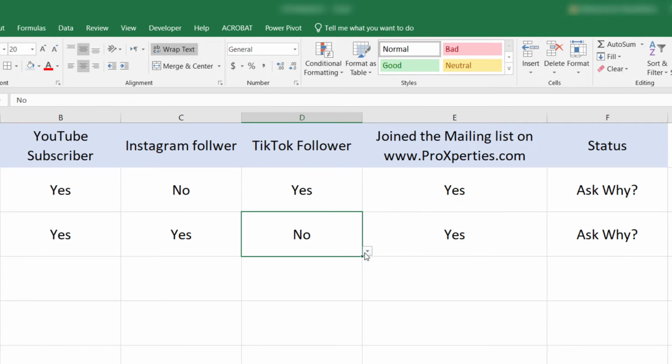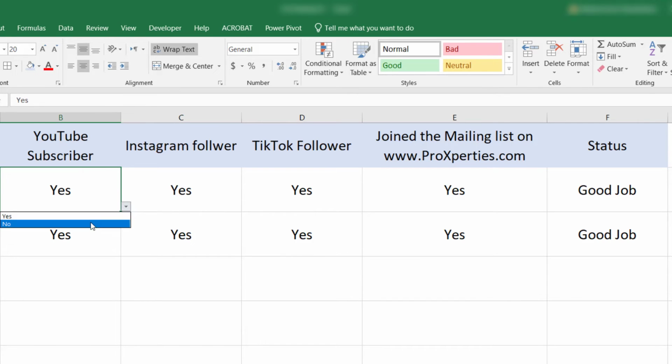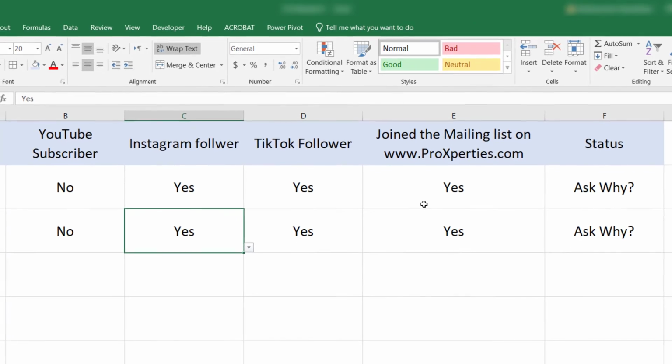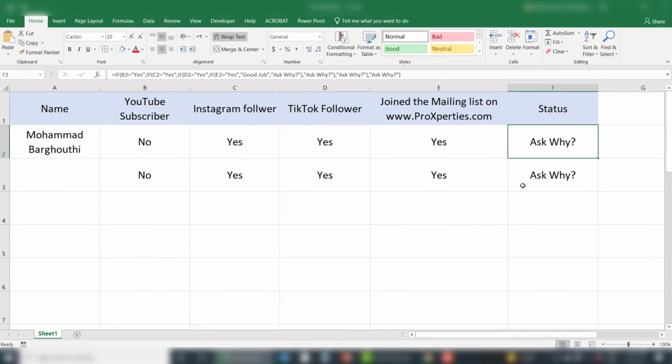So if this is yes, it's giving me good job. Let's change this to yes as well. So it'll give me good job. Let's change this to no, ask why. Change this to no, ask why. So now I know that when I see the status here and see ask why, I will know that one